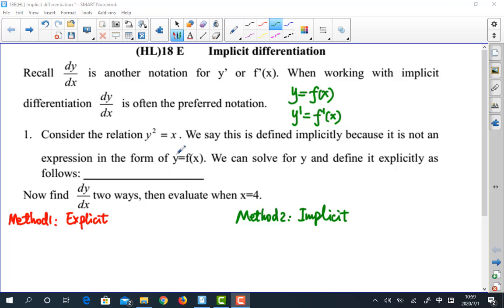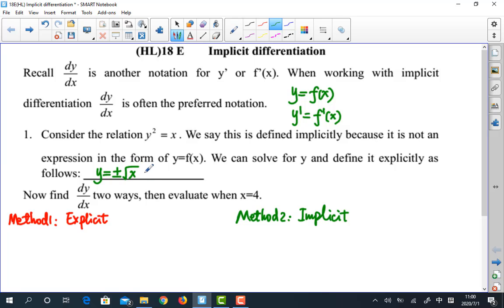If a relation can be written as y equals f of x, this y should have degree 1 rather than square. But we can solve for y and define this relation explicitly as y equals positive negative the square root